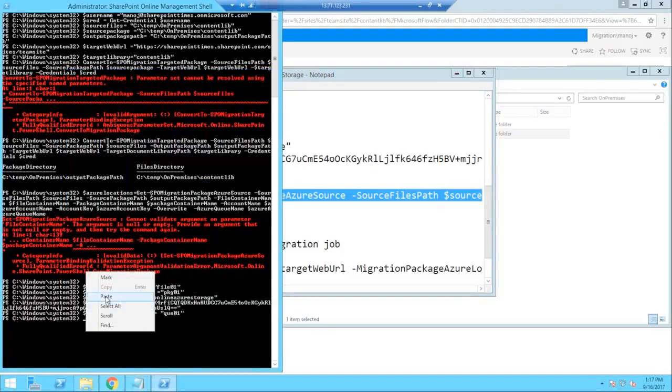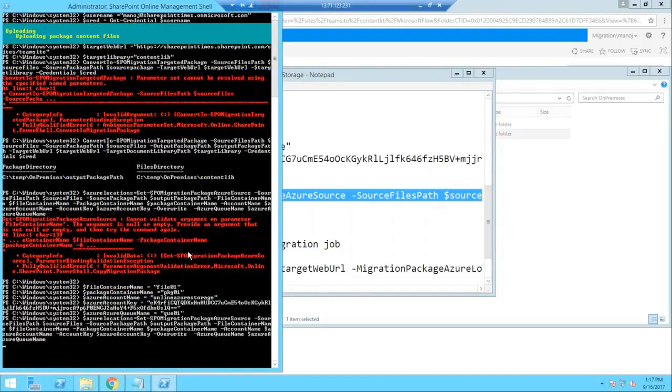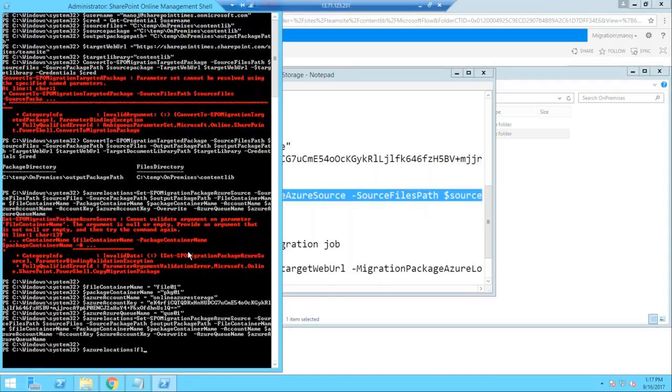Control C. And sir, we have a question here. What do you think is the maximum package size that we can migrate? Is there any restriction? Yep, there is a restriction. As per the limitations in the documentation by Microsoft, I will go through that on the last slide. There's a 2 GB limitation. And we can create multiple packages and multiple files. Azure storage also has its own limitations, like 500 terabytes. That I will also show you.